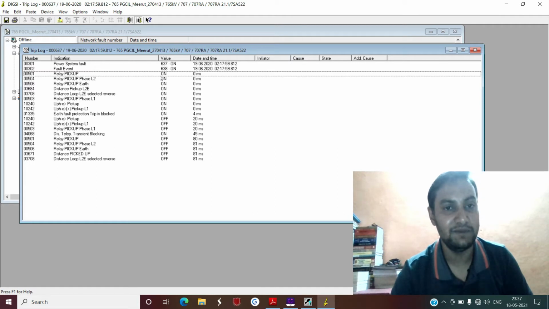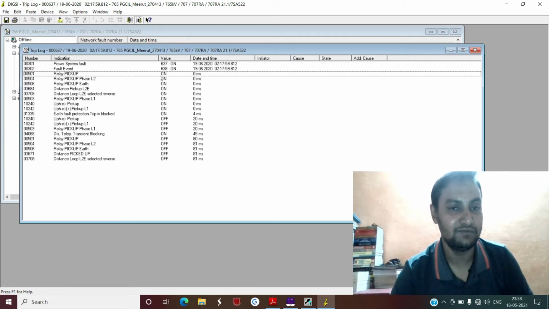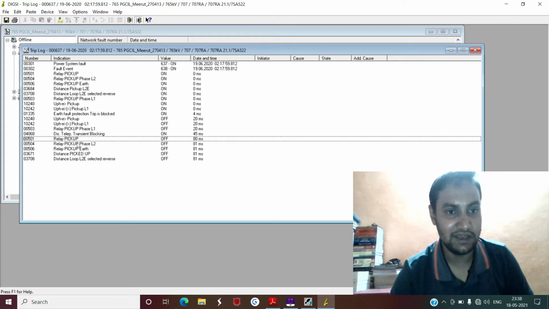Suppose this relay picked up due to zone protection, due to distance protection anywhere in your network as per your relay settings in the 7SA522 relay. So the relay picked up at 0 millisecond, and now if you see here, you have again the same signal, relay pickup off. That means the relay has now reset.